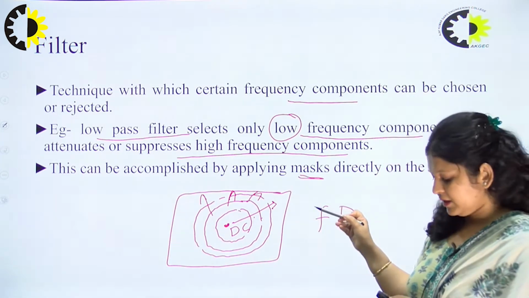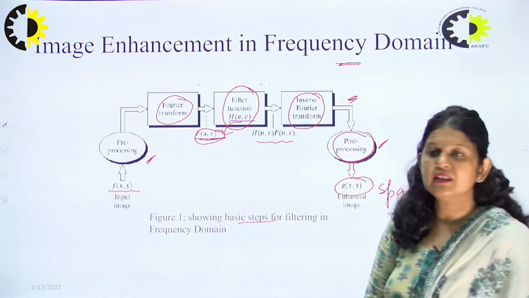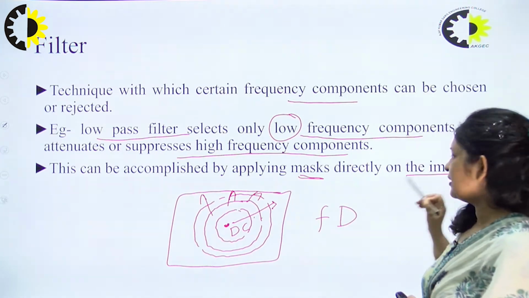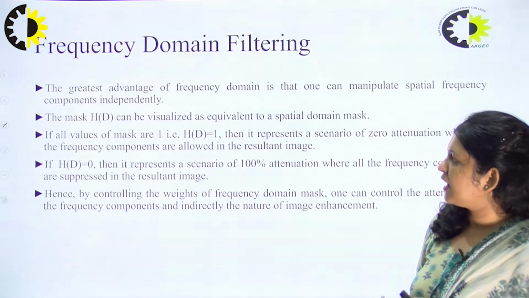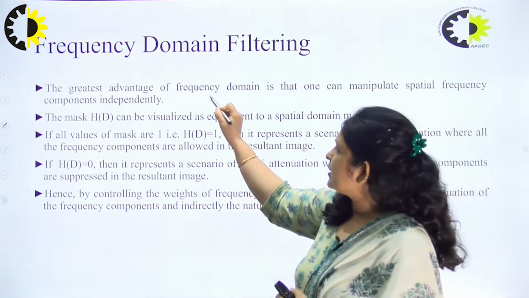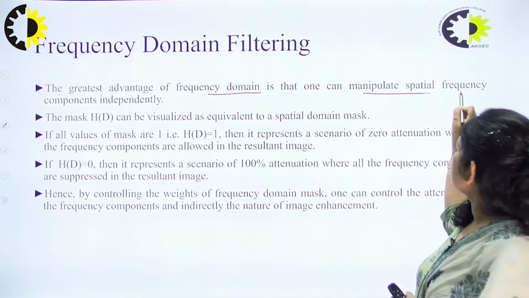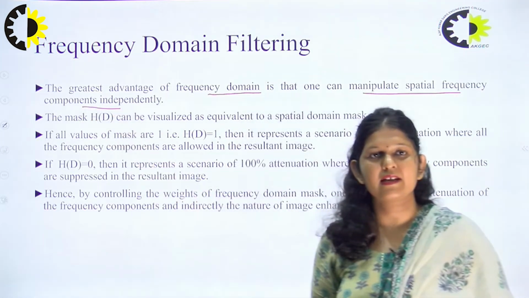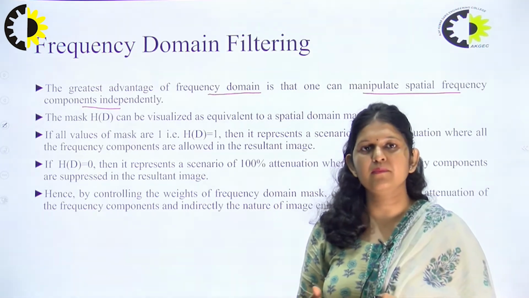Mask is nothing but, in the previous slide, the filter function that we have seen, H of u comma v, is the mask applied directly on the image. So let's see frequency domain filtering, how we use the mask basically. The greatest advantage of using the frequency domain is that we can manipulate spatial frequency components independently. These concentric circles that I have shown you can be manipulated, or we can do the processing on them